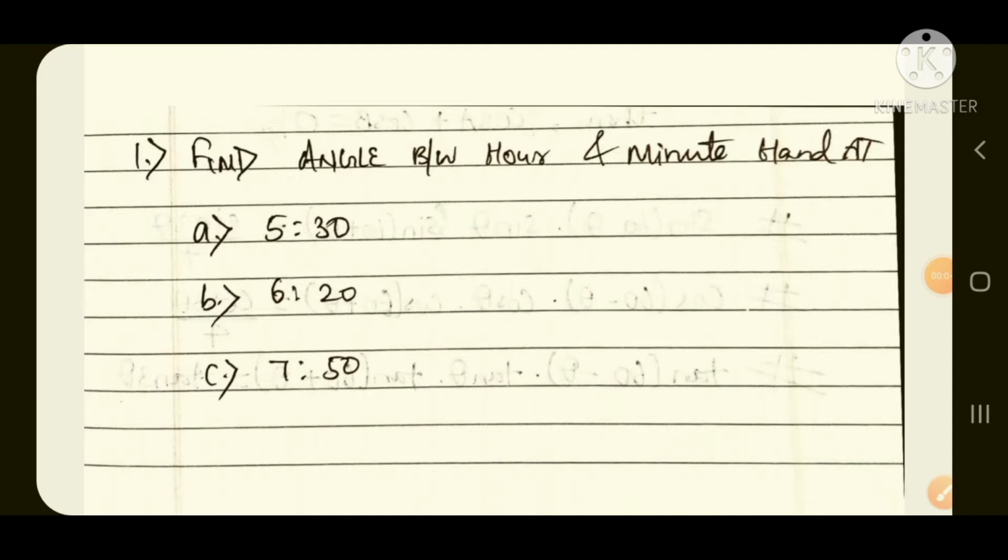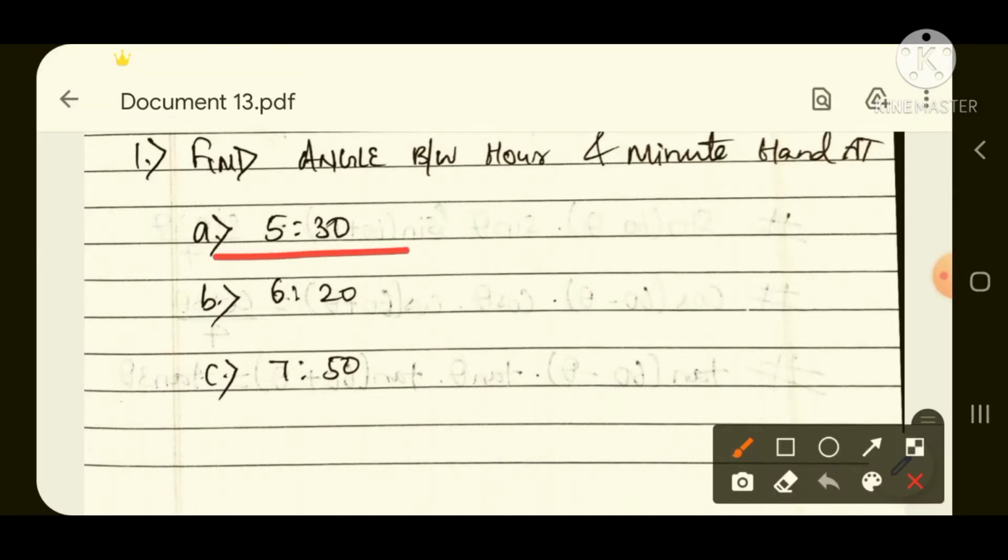Friends, I hope you all are excited today to learn this shortcut which I am going to tell you. So friends, what if someone asked you to find the angle between the hour and minute hand of a clock when the time is 5:30, 6:20, 7:30, or any time as per you? And if someone asked you to find the angle between the hands of a clock, will you be able to solve it within 3 seconds? If yes, pause the video, comment your answer in this section, and after that continue to watch the video.